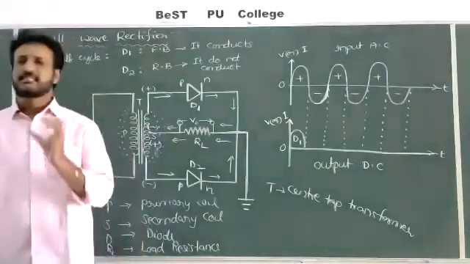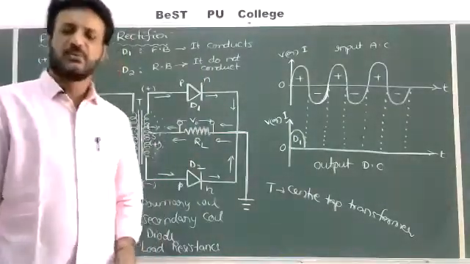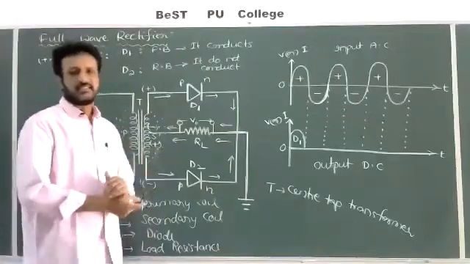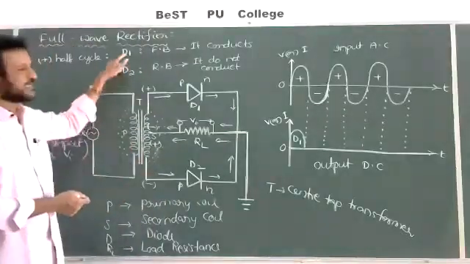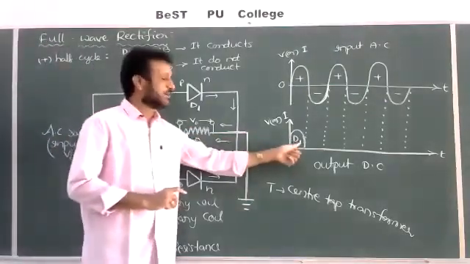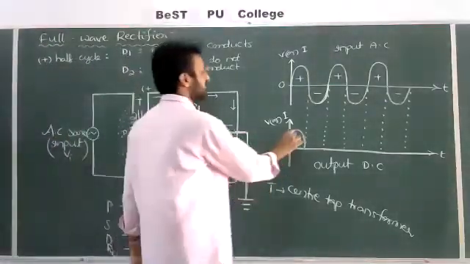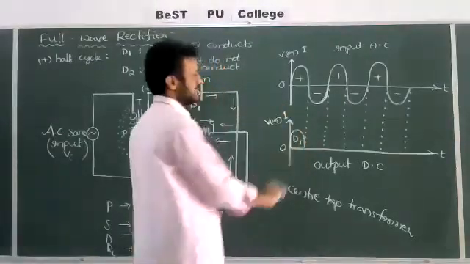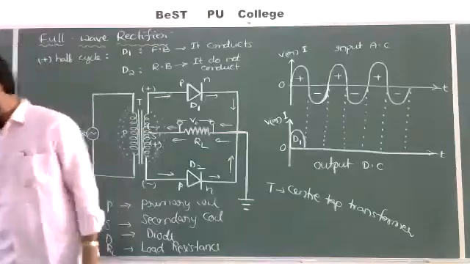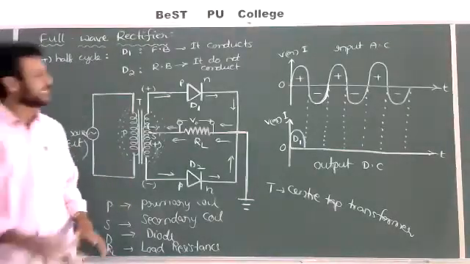So during the first positive half cycle of the AC, only diode D1 acted as forward bias. It allows the current. At the same time D2 acted as reverse bias. It stops the current. Hence we got the output only because of the first diode. That is the first half cycle. During a negative half cycle, what will happen? We have to check. Check here. During a negative half cycle, what will happen?